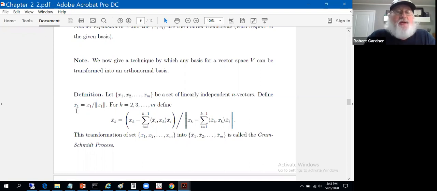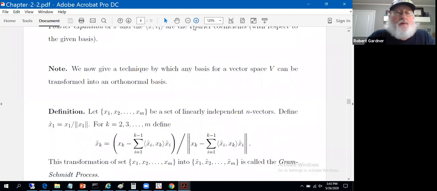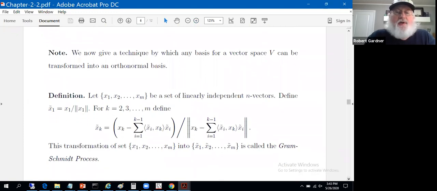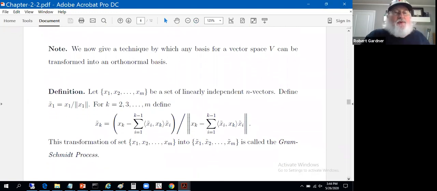So we start the process by defining x1 tilde equals x1 normalized. These are basis vectors, so none of them could be the zero vector. We're okay with normalization. And then recursively, for k equals 2 through m, define x sub k tilde, the